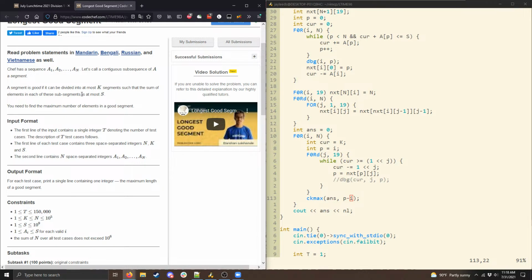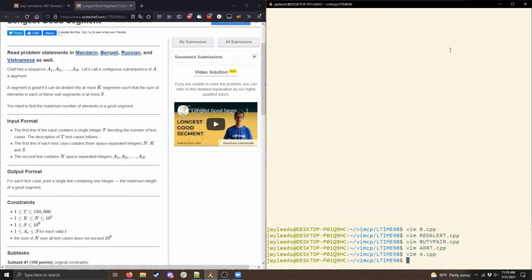And then, going back up a bit, VXD says, do you create a folder for every contest? Yeah, if you look at my competitive programming setup video, I go over the structure of my files. I'll put a link to that in the chat if you're curious. But basically, I have this folder vimcp, and I have one folder within vimcp for every contest I do. And that helps me keep everything nice and organized while also allowing me to keep really short, concise file names for my code.